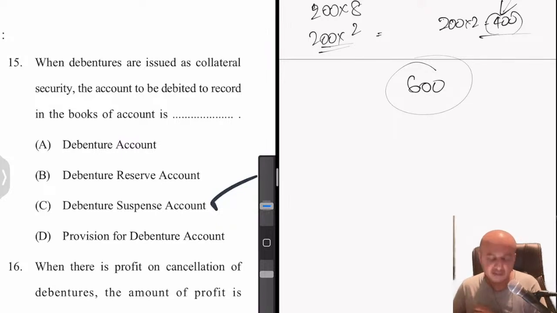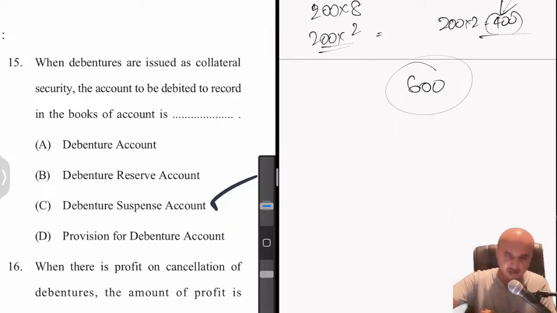Sometimes banks or financial institutions insist on something else also as part of security apart from maybe some asset. So then we issue them fictitious debentures. There is no money which is actually coming to us. We are simply issuing to them, saying in the event of non-payment, you can encash these debentures. So then what to debit? We cannot debit bank account, no? Because there is no money being exchanged with respect to debentures. Therefore, we will debit a fictitious asset called debenture suspense account.